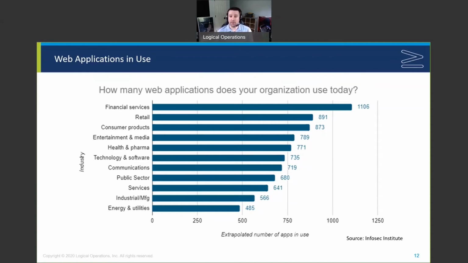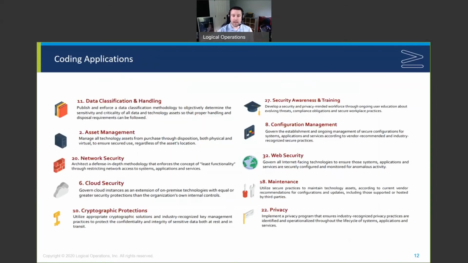Whether you're talking about your business being able to access your customer database or access your ERP system, or you're talking about nice to haves like my grocery store app idea, which by the way is a real thing. Wegmans actually has an app that does all of that. These are things that are mission critical for business. And if you remember that list of 32 things I showed you, I pulled just a handful for us to look at a little closer, so that way you could see how all of these things apply to application development. Whether we're talking about web security, privacy, cryptographic protections and cloud security, network security, these are all things that are